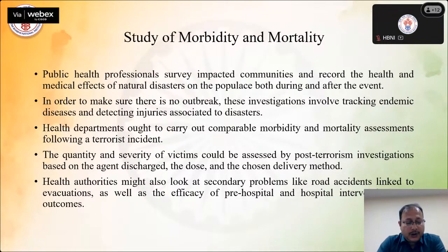And it is very much required to assess or understand the case studies which took place in the past in our area, or due to the particular agents which we are discussing day by day, chemical agents, biological, radioactive, or any agent. So we have to focus on that part. The only thing is, what are the doses, what are the discharge mechanisms, what is the delivery method.